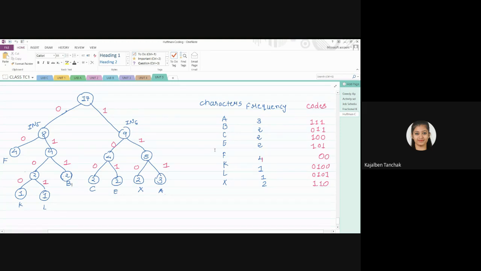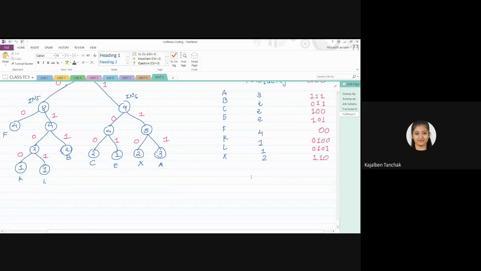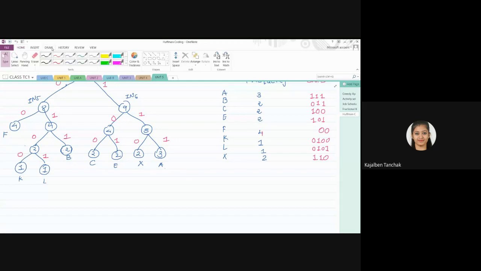Now, if you want to calculate the number of bits, so 3 into 3, 2 into 3, 2 into 3, 2 into 3, 4 into 2, 1 into 4, 1 into 4, 2 into 3. If you count it, the number of bits will be what? Multiply this. Have you solved it? How many bits will be there? 3 into 3 plus 2 into 3 plus 2 into 3 plus 2 into 3 plus 4 into 2 plus 1 into 4 plus 1 into 4 plus 2 into 3.